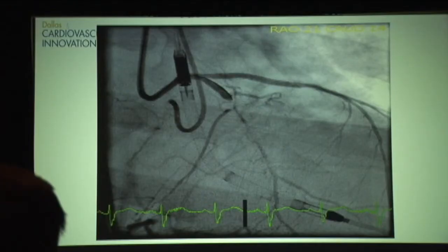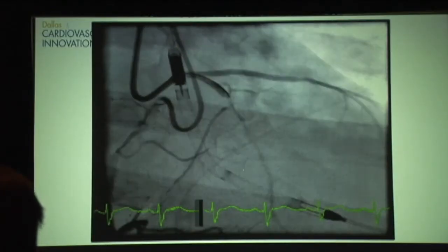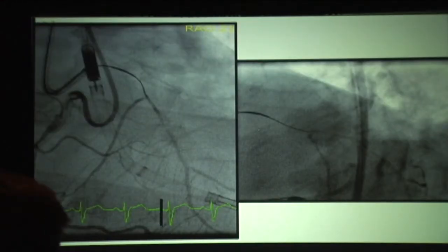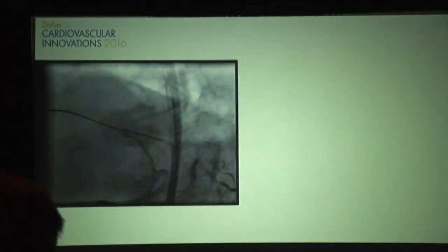So since we knew where we wanted to go, the Confianza Pro 12, it's a very stiff wire, but it's a very, very controllable wire, and one where if you know where you need to put it, you can typically put it right there. So we went there next, kind of probing. Okay, so we've made a little bit of advancement down really to the end of the occlusion. We're hoping we're in the lumen or we're about to re-enter. It looks very favorable,